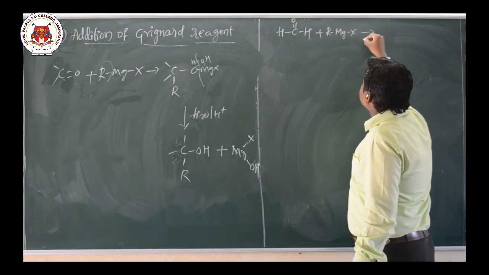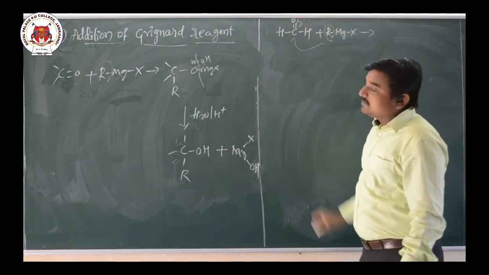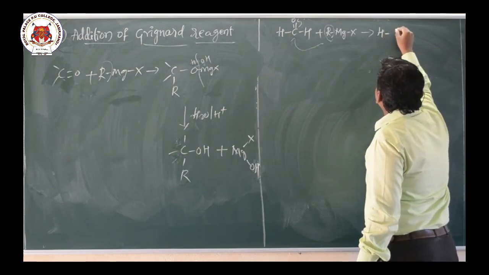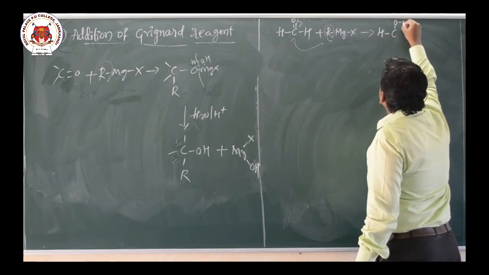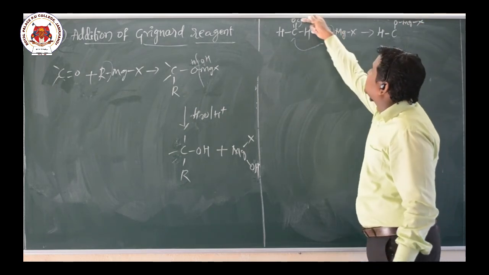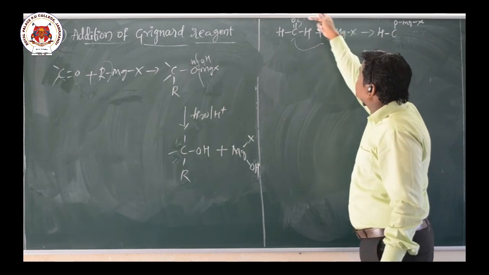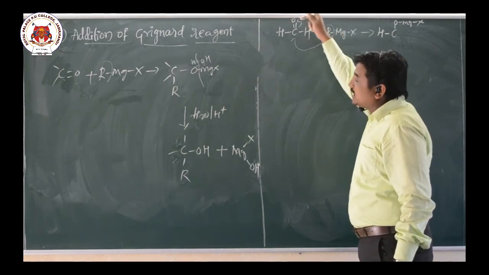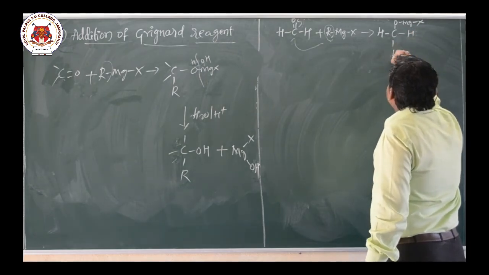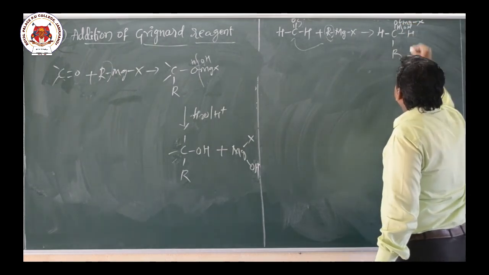This R is the minus part which will attack here. So this oxygen takes the minus charge. The intermediate product is RCOMgX, because MgX is the plus part which adds to the minus part of this oxygen atom. Here H, and this is the R group. On hydrolysis with HOH, we will get